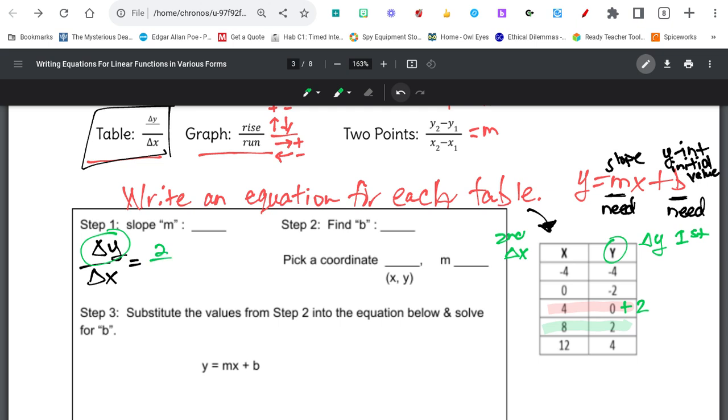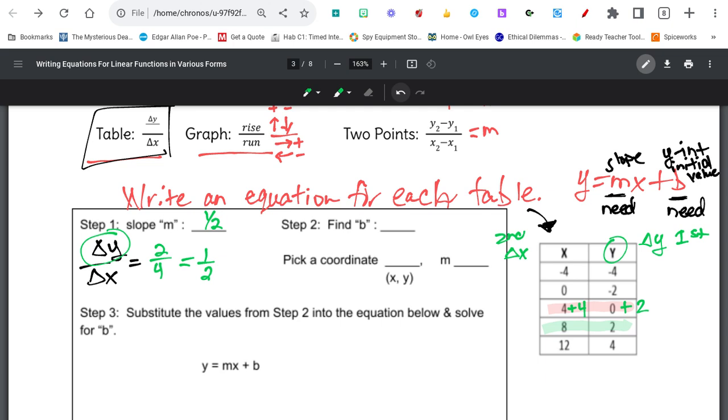And then you have to go to the x's that you picked and figure out what are you doing to 4 to get to 8? Well, I'm adding 4. 4 plus 4 is 8. Now I'm going to simplify this slope. 2 fourths is the same as 1/2. 2 is half of 4. So my slope is 1/2 again, guys. You didn't have to pick those two. Don't come up to me and say, Miss Blue, what does it matter what 2 points to pick, or do I have to pick a certain 2 points? I don't care what 2 points you pick. Just pick 2